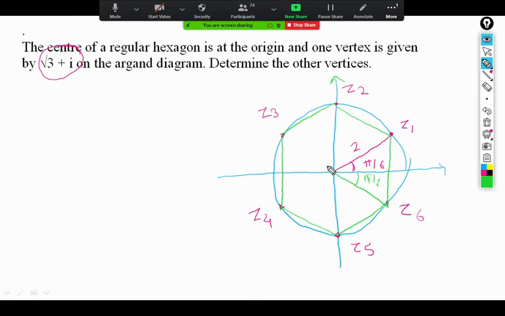Okay, and now all these angles are the same. So this is 60 degrees, this is 60 degrees, this is 60 degrees. All these angles are the same. Joined together, that is a regular hexagon there. So this is one method: by using a root of a complex number, we can find all the vertices of the regular hexagon.